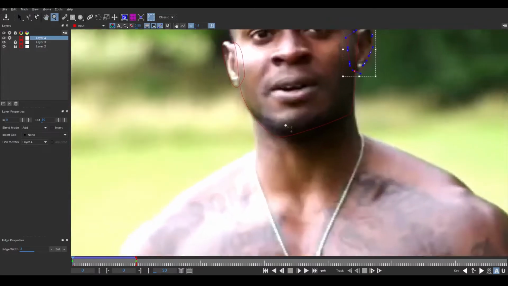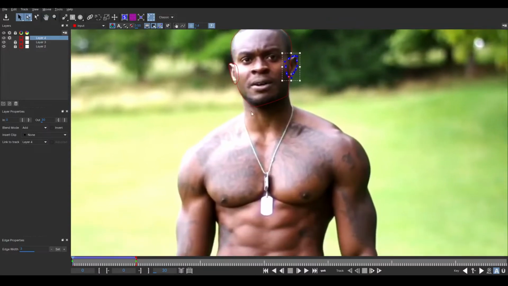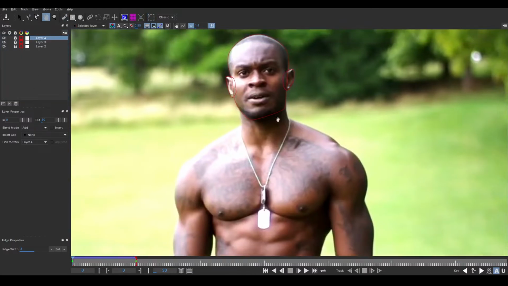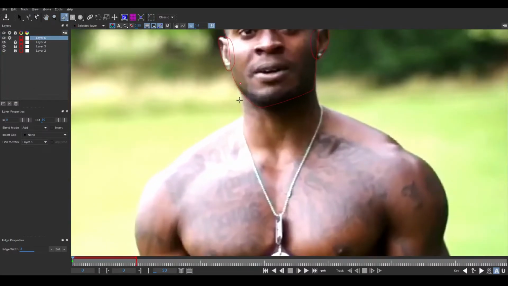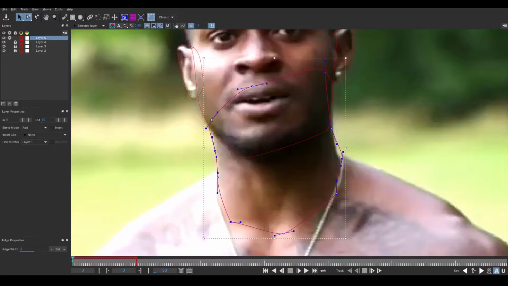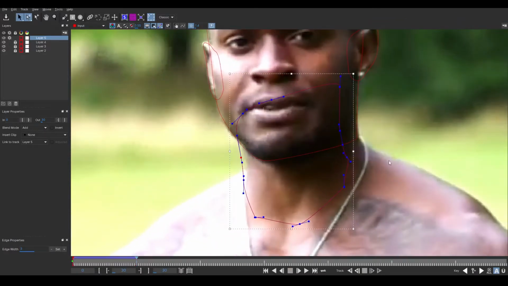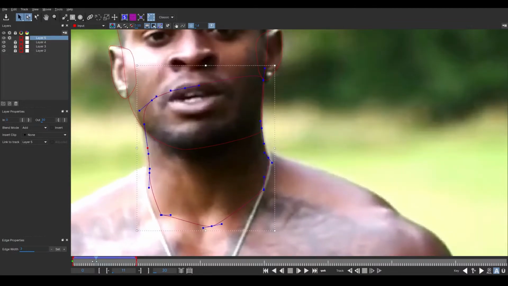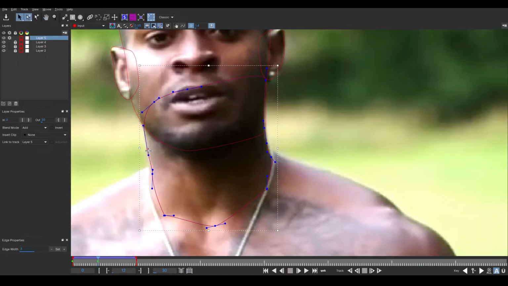so here we have the roto of the head. And now it's time for the neck. Lock the layer, take another poly. Now this frame, I have to do a bit of tracking, and this frame, I guess I need to add a key